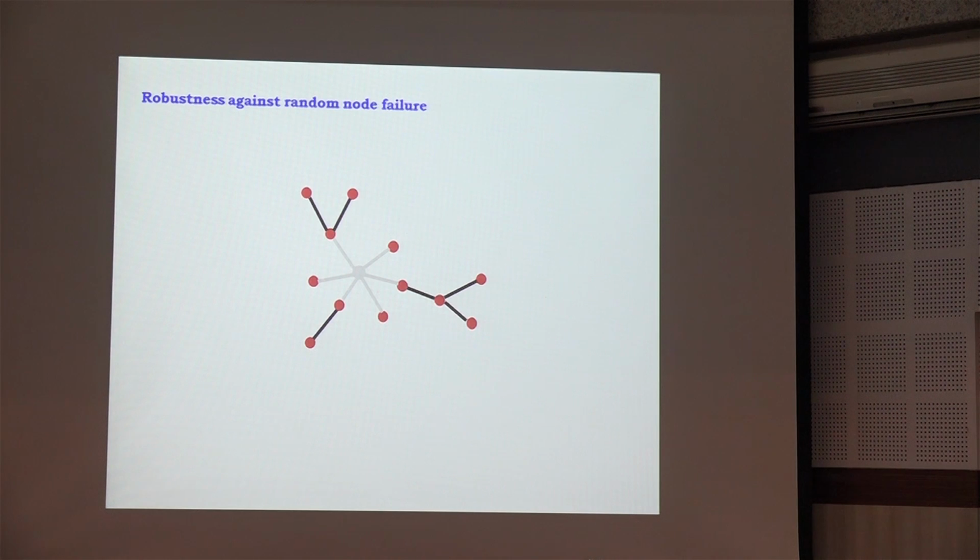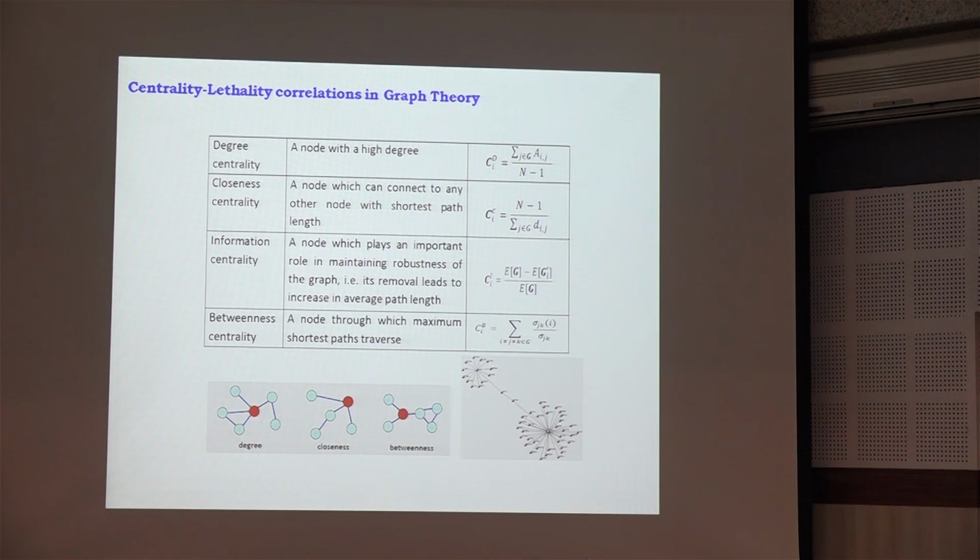How do we apply these to biological networks? Now the property that I described to you is what is called the degree centrality. The number of connections to every node is called the degree. The larger the degree, the smaller the number of nodes, and the probability of its failure will be smaller. So nodes which have a larger degree tend to control the network, which is called the degree centrality. And it can be very elegantly